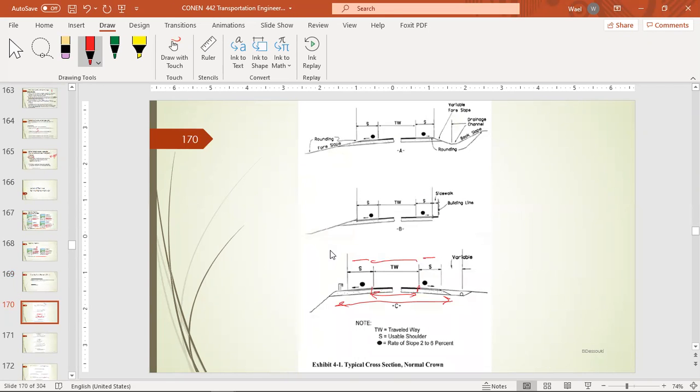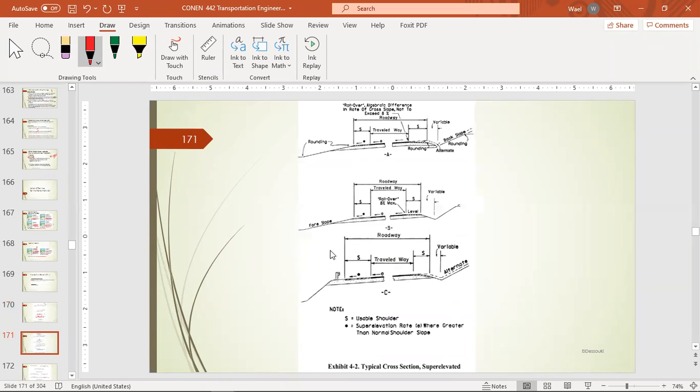Sometimes we have a median, sometimes we don't have a median. We have the travel way, which is basically the lanes that the traffic uses, and there are the shoulders on the other side, and these are also usable shoulders. And here